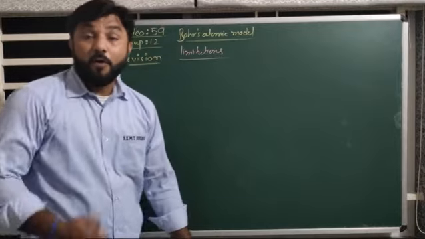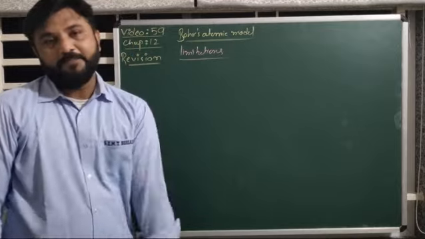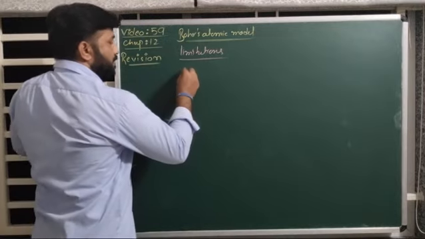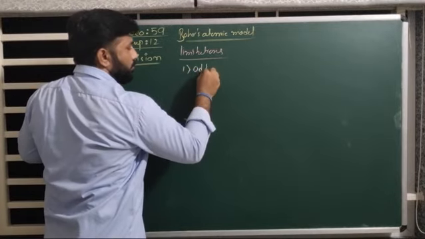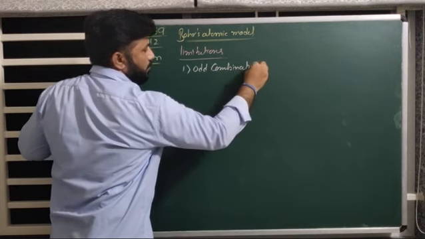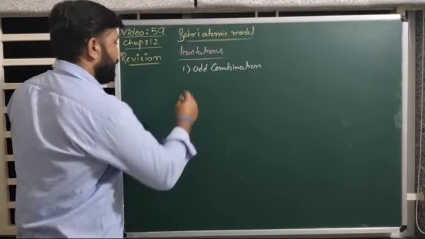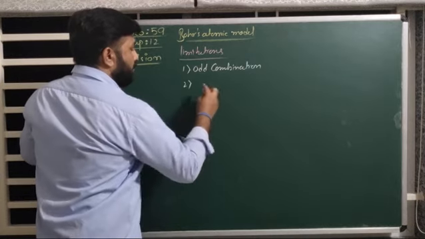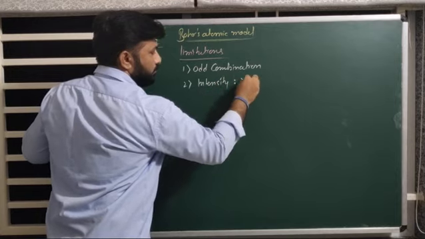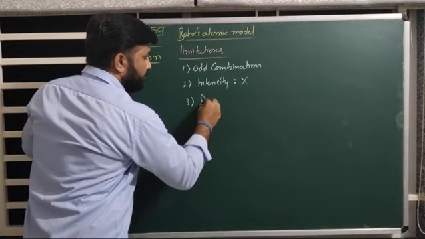Let us check how much you have prepared, how much you have remembered. So, first limitation is about odd combination. What was there? Try to recall. Second is about, okay. Third one is about